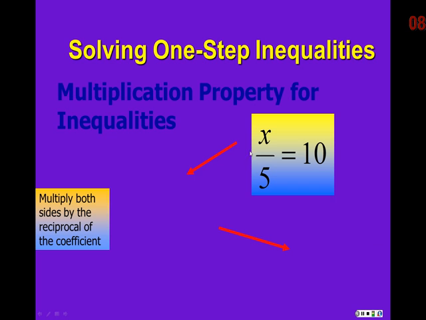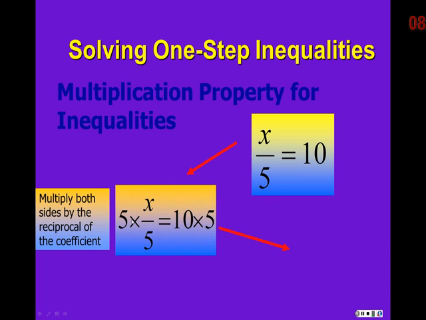All right, now look, if I have x divided by 5, what's the opposite of dividing? So I need to multiply both sides by 5 to get rid of the 5. So when I multiply by 5,